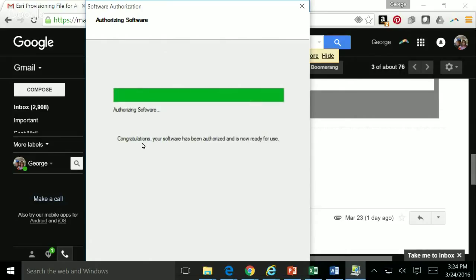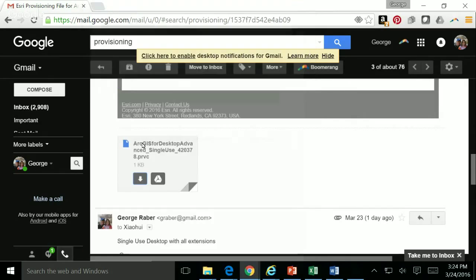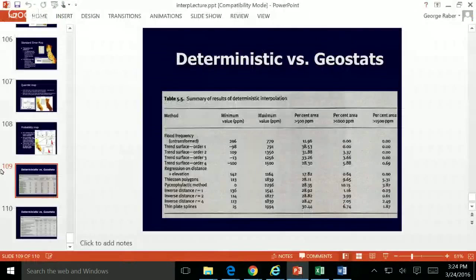A little bit lightheaded right now. All right. So now ArcGIS will work,